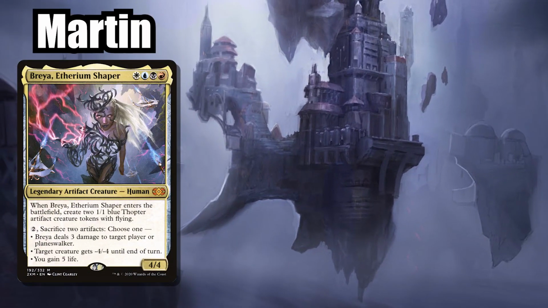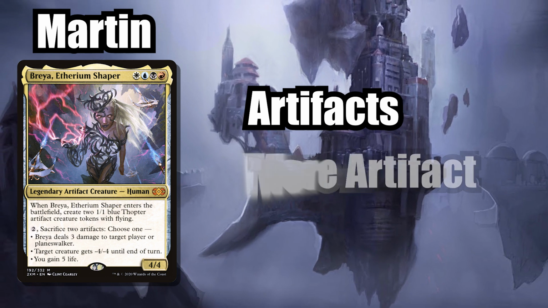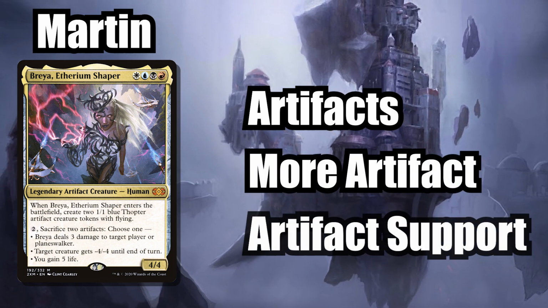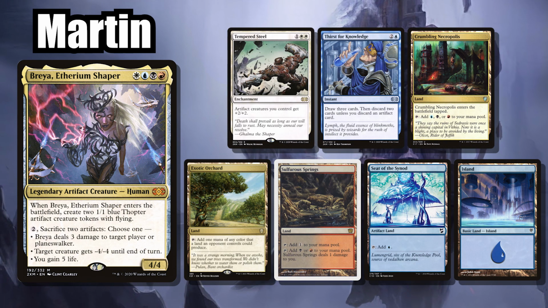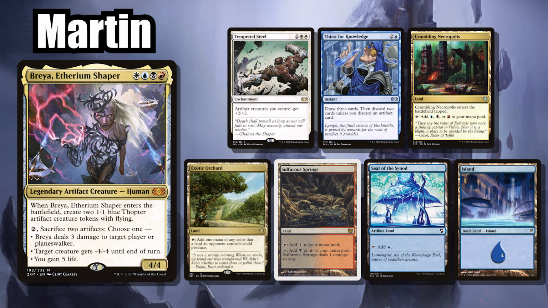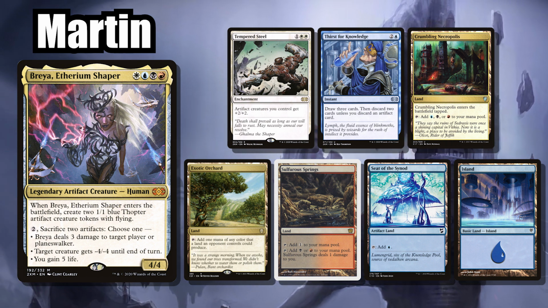I am playing my Breya Ethereum Shaper Artifacts Matter deck, which, as you may have guessed, runs a ton of artifact support and artifact focused cards. My opening hand consists of Tempered Steel, Thirst for Knowledge, Crumbling Necropolis, Exotic Orchard, Sulphurous Springs, Seat of the Synod,